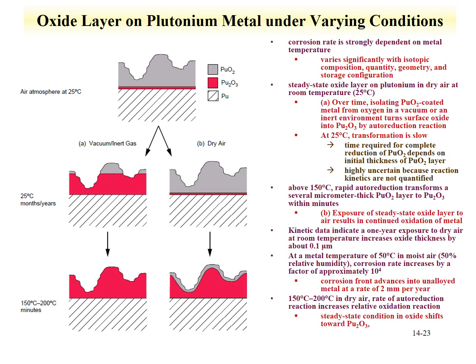Here's an overview of plutonium metal oxidation under various conditions. Here's what we described earlier, where we just have air atmosphere at 25 degrees, where we have the plutonium dioxide, the trivalent oxide, then the plutonium metal. If the atmosphere is varied, and we have either inert gas or dry air, what we see at 25 degrees